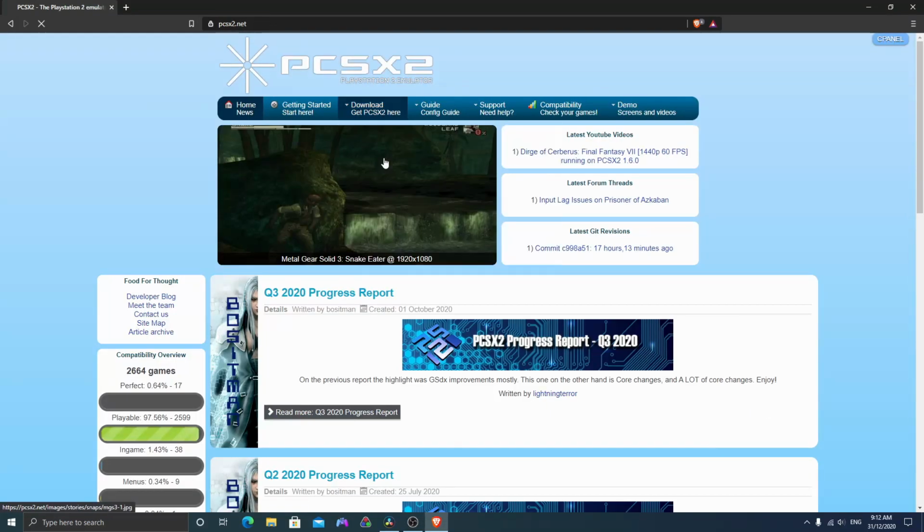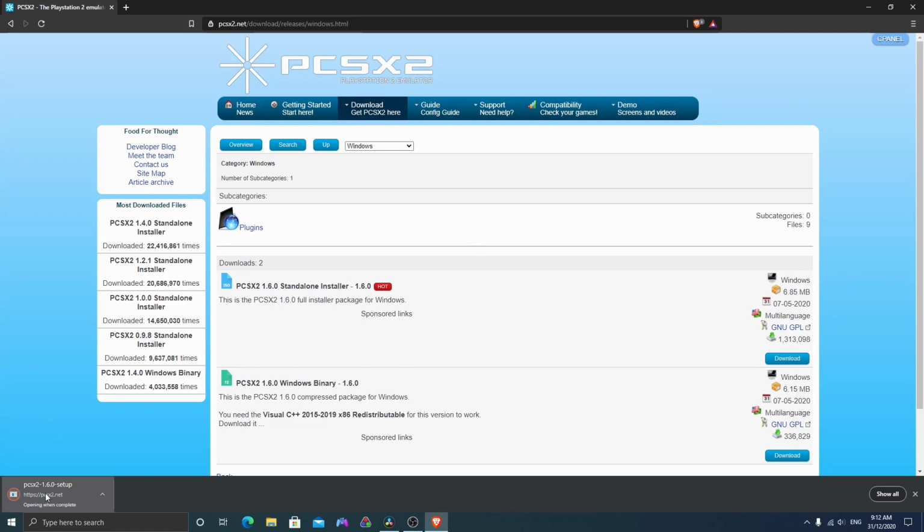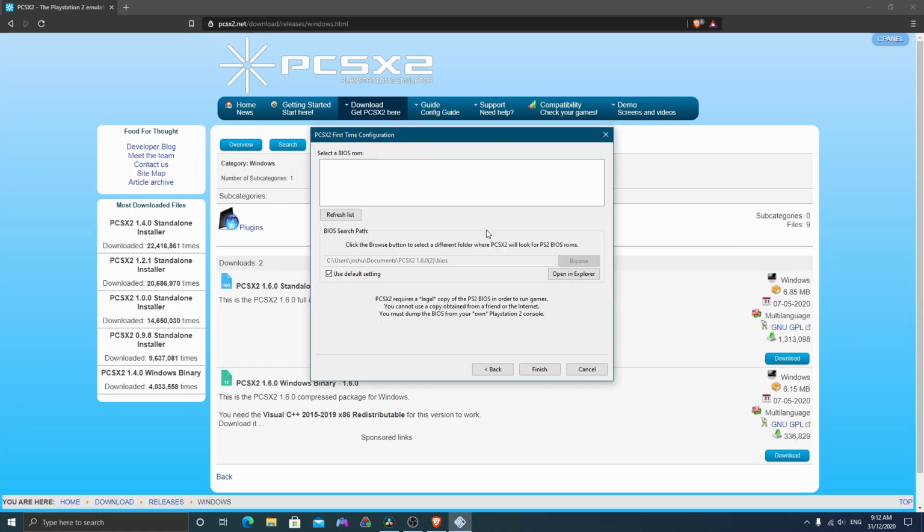First go to PCSX2.net and download the installer. Once the installer is downloaded, run it, and eventually you get to the point where it asks for a BIOS. To get the BIOS, we're going to need to go inside the PlayStation 2 system, which means we're going to